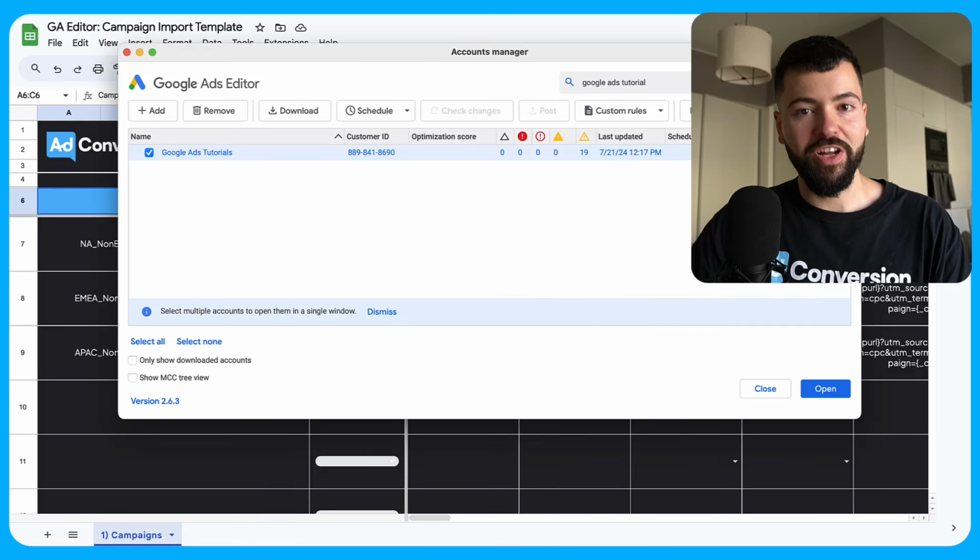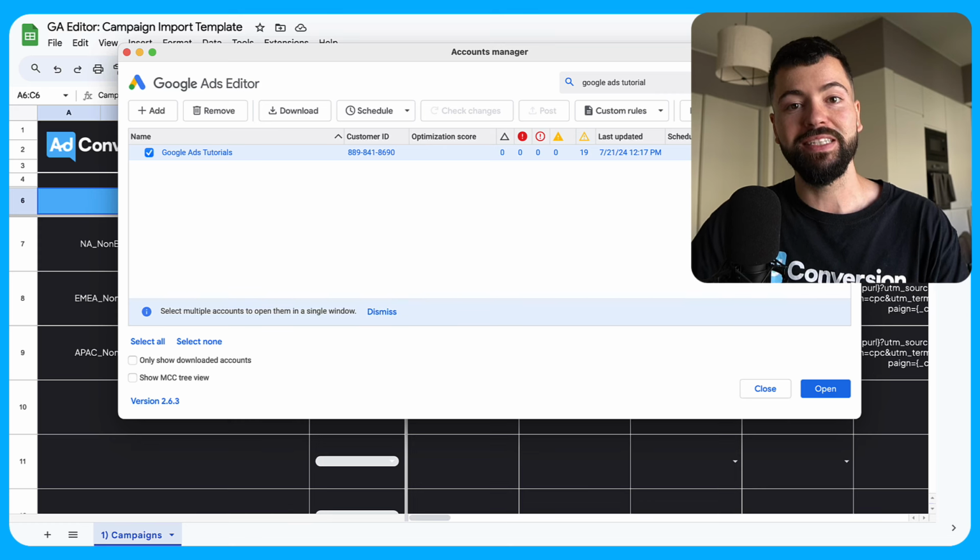One of my first jobs out of college was managing the ad account for a national fitness chain here in the US. And we had 16 Google ad accounts because we're advertising in 16 different states. And within each account, we had 50 to 100 active campaigns at any given time. So learning how to use the Google Ads editor, I realized really quickly, is the difference between success and failure